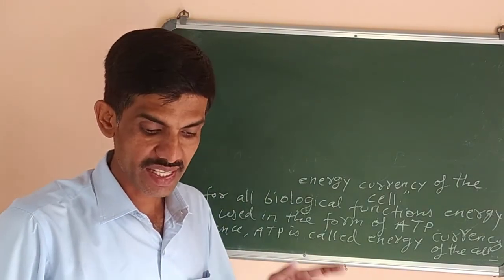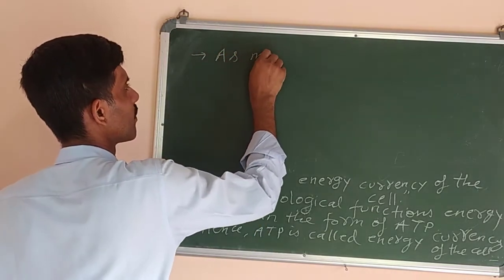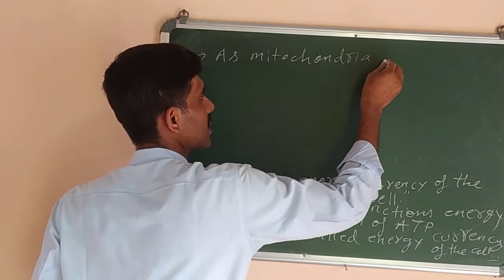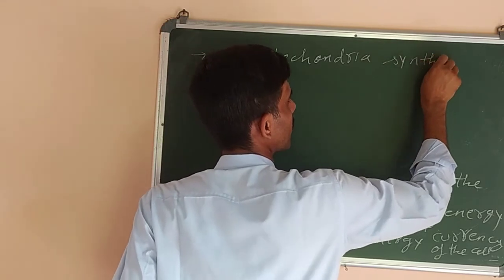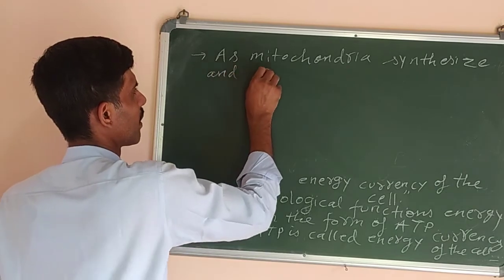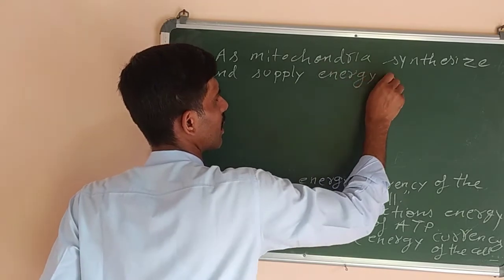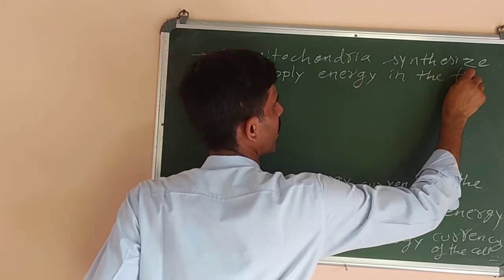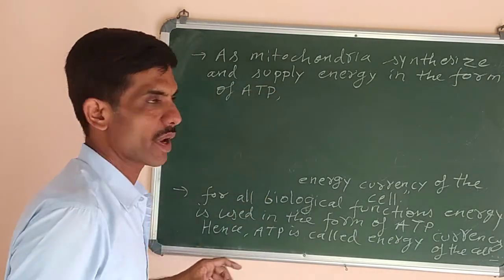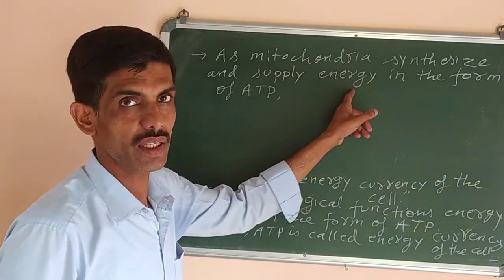As mitochondria synthesize and supply energy in the form of ATP. So as mitochondria synthesize, it also means it produces energy, and it supplies energy in the form of ATP